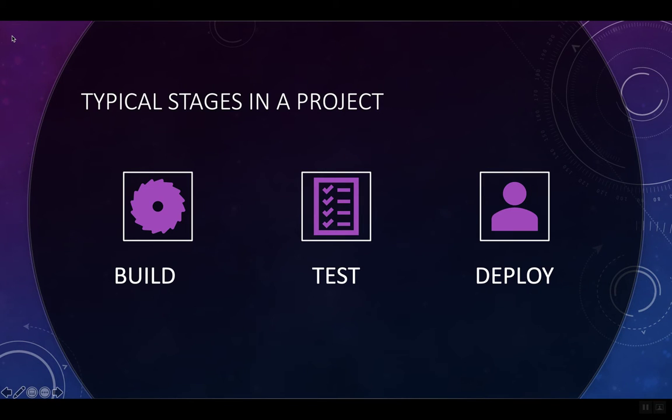Talking about typical stages in a project, guys, this is something that is very simple, that is very basic. Every project is bifurcated into certain steps so that you can achieve every level with some kind of success, and there can be some level of troubleshooting that can go into it. So build is your first stage in any project, wherein the first stage is actually requirement gathering. Once you have that, then you start building that project, you start putting in the code, and it's never a one man show. You usually have a team doing that.